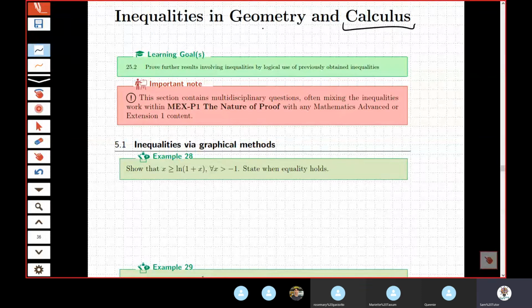The reason why we've left geometry in there is because the syllabus is so vague. You know in year 11 and year 12 there is no more geometry, so it's a bit funny. We left it in there just in case. We're not too sure about this. We'll find out this year with this year's students. So right now we're going to look at it in more of a calculus-based approach because that is the stronger